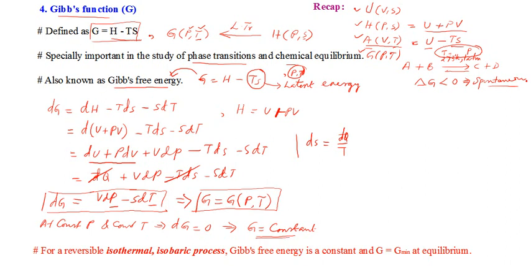So I can say that, and we have a presumption that all these processes are reversible, to be very precise, for a reversible isothermal and isobaric process, the Gibbs free energy is a constant, or change in Gibbs function will be equal to 0. And one more idea, as you know that the ultimate aim of defining these functions is to study the equilibrium behavior of the systems. So to do justice to that statement, we can also discuss the minimum value of Gibbs free energy.